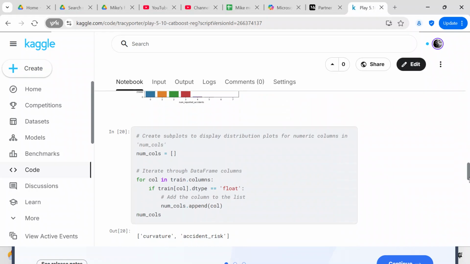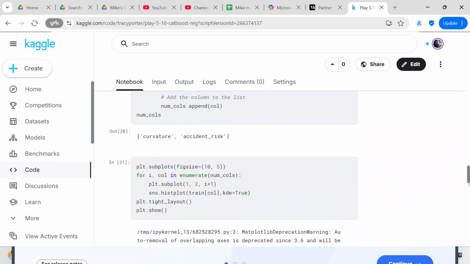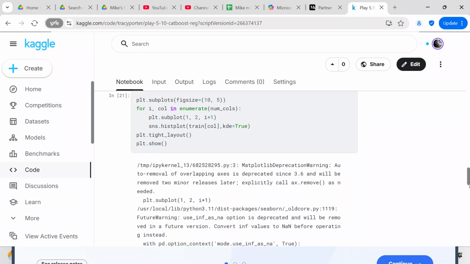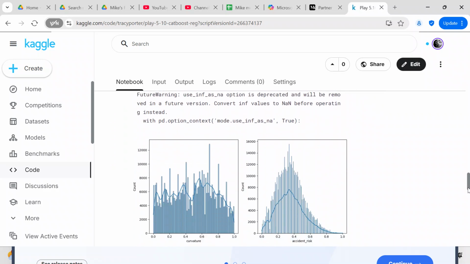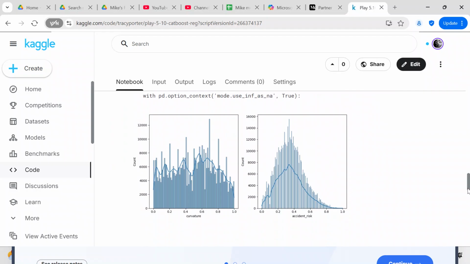So now what we're going to do is find the features that are of dtype float. The features that are of dtype float are curvature and accident risk. And so we're going to create a hist plot of those 2 features. So you see you've got curvature and then you've got accident risk. So that shows you the curvature and also the accident risk. So what we've done is we've analyzed the